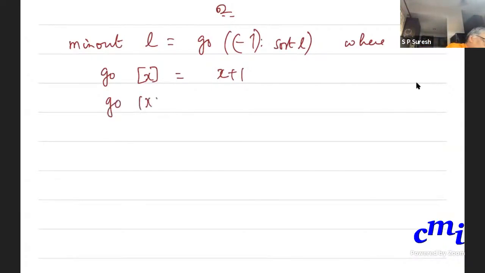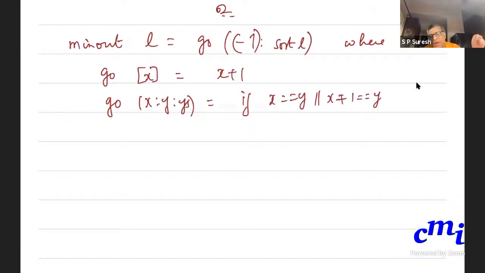Go of x:y is: if x equals y or x plus 1 equals y, then it means that either one element repeats or there is no skip. The first point where there is a skip, you are going to report that.